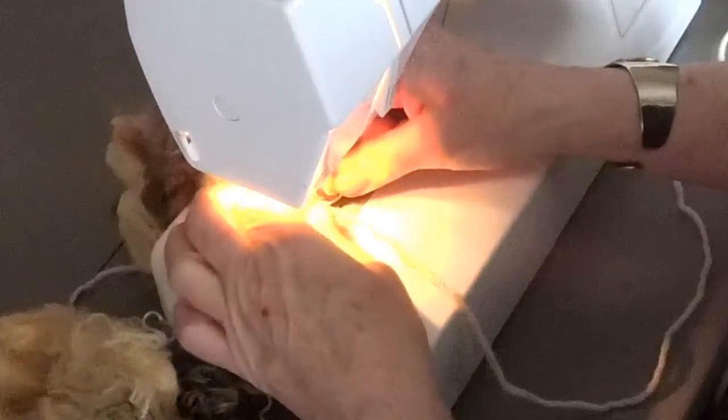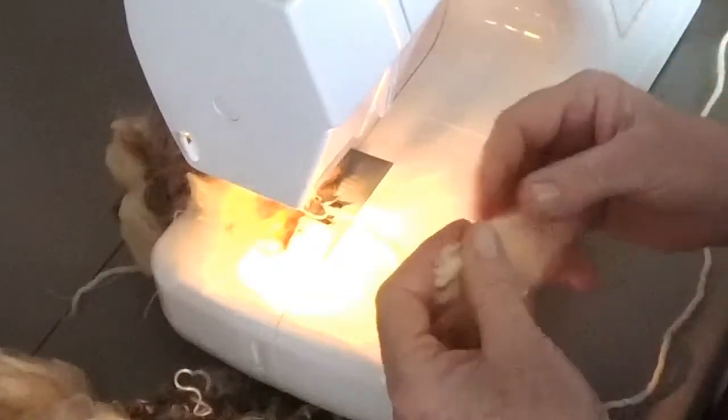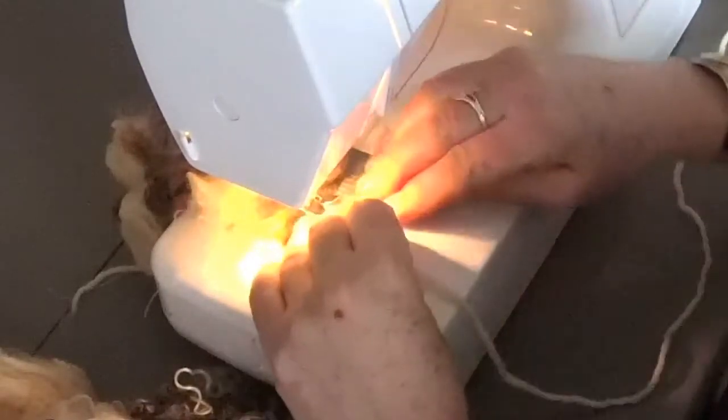Now, I don't know if you can see that, but I do have some fibers caught in my presser foot there. Let's do just a little more before I pull it out and show you what it looks like. Again, put this right down. Keep my yarn fairly taut so that I can guide it. Did catch a little of that, didn't I? Wow, interesting. I think perhaps if I'm going to do that technique with the Romney,